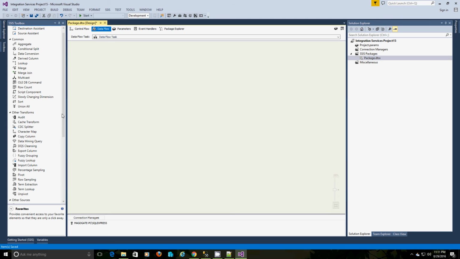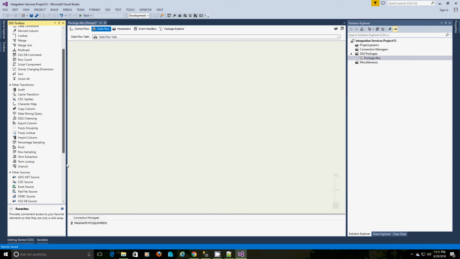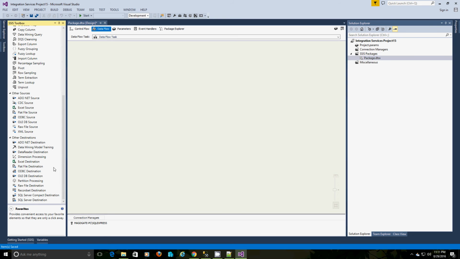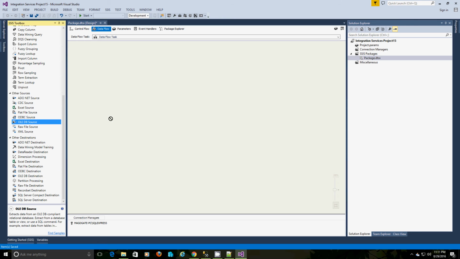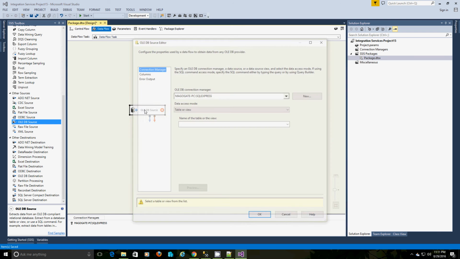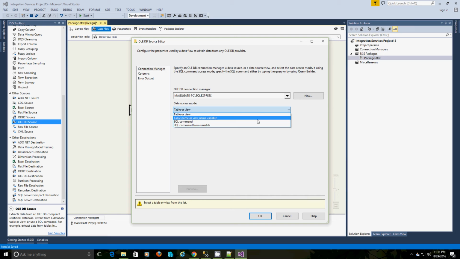Inside the data flow task we again have to execute the SQL query. For that we'll use an OLEDB connection. It has to be the source connection, with a SQL command.